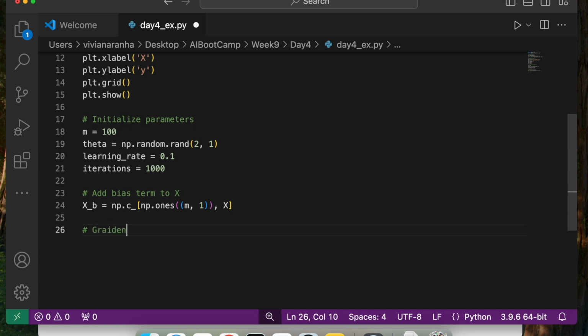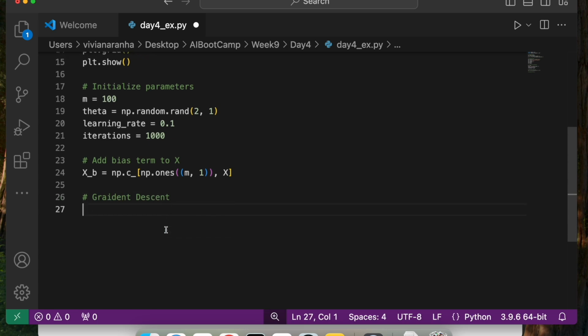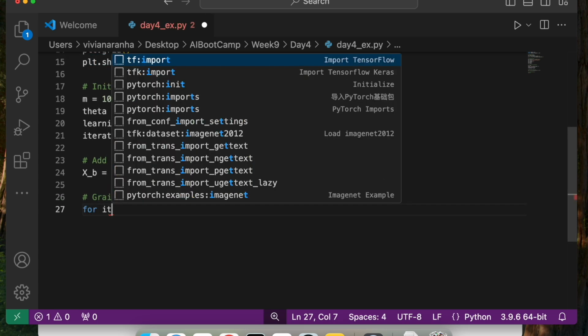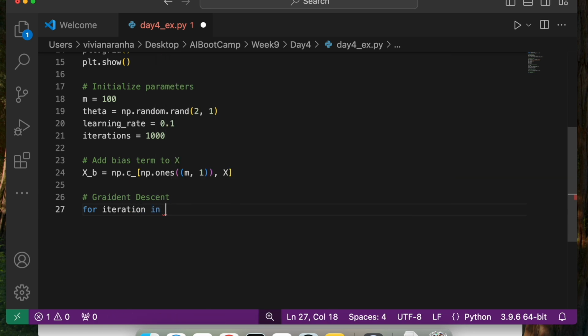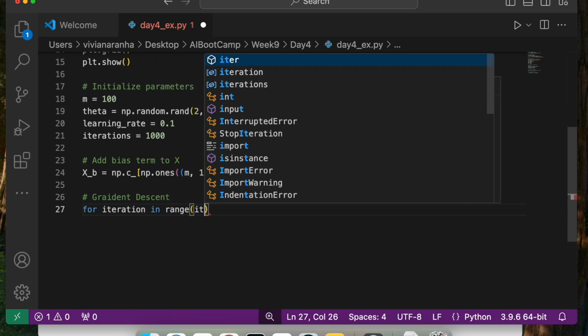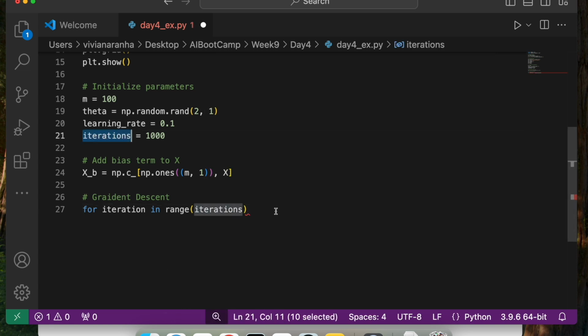Now gradient descent. To do that, I am going to say for iteration in range of our iterations. How many iterations do we have? If you look up here, we have 1000 iterations.